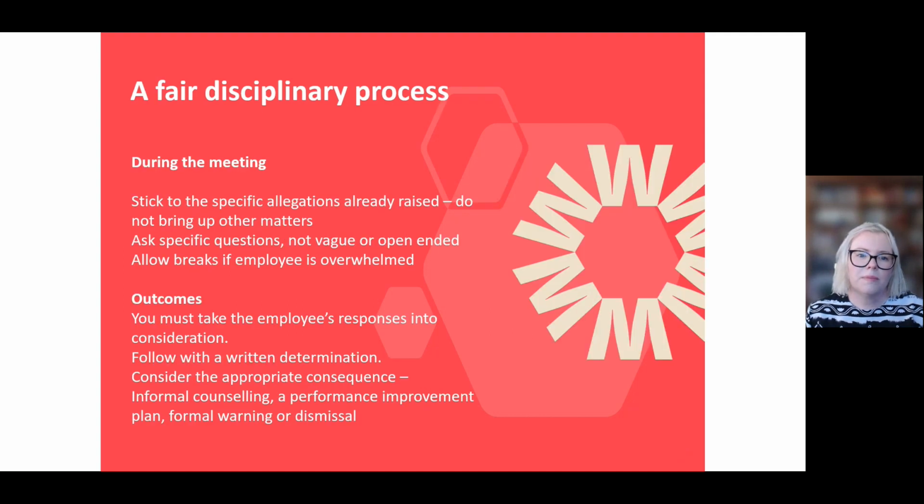So during the meeting, make sure that you stick to the allegations already raised. It wouldn't be appropriate to bring up another occasion that you haven't already warned the employee that you'll be discussing, because they won't have had the chance to think about it and defend themselves properly. So you can imagine,